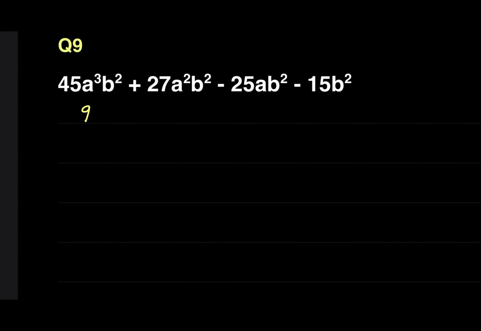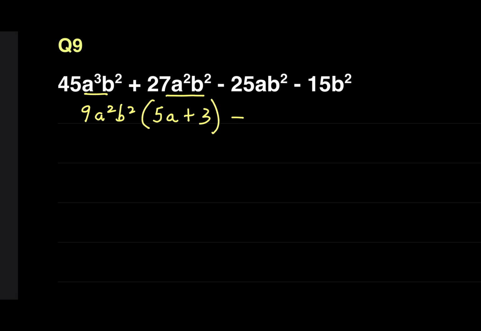49 a cube b square, this and this. What is common here? A square b square. 9 5s are 45. A we will have to put because we have only a square outside. B square is already here, so we don't have to put. Plus 9 3s are 27. A square is already out. B square is also out. Close the bracket. Minus